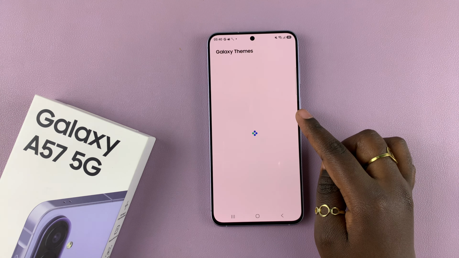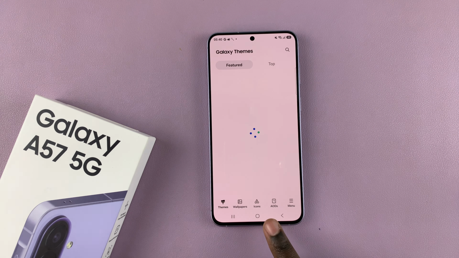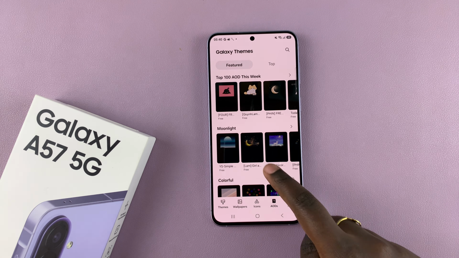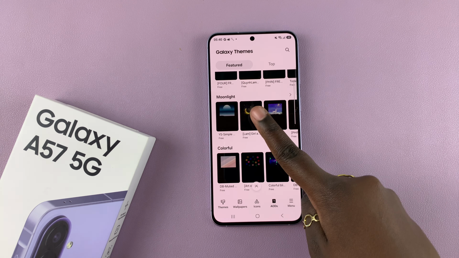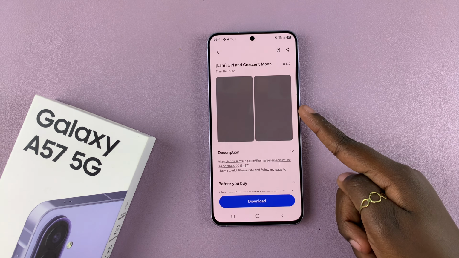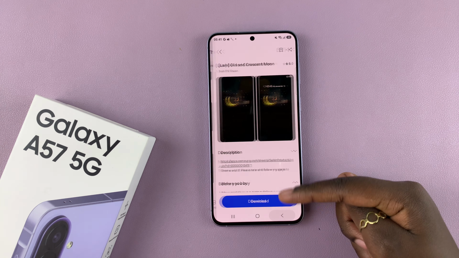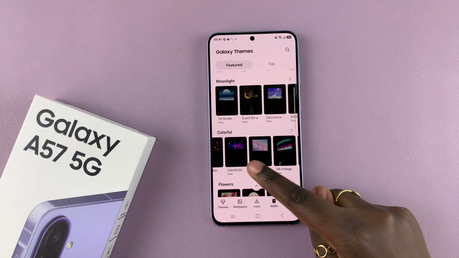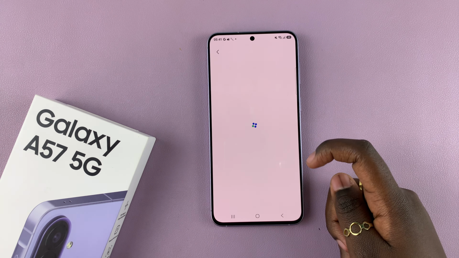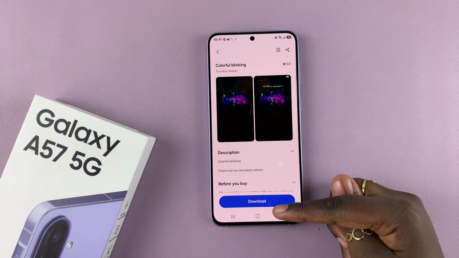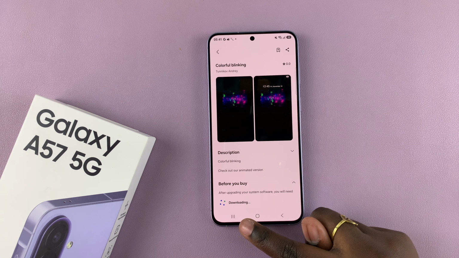Under Galaxy Themes, you then want to move to the category labeled AODs or Always On Displays and then select it. From here, find an always on display that you like, tap on it to see the preview. If you don't like it, you can just tap on the back button until you find one that suits your preferences. When you find it, you can just go ahead and select download and wait for it to be downloaded